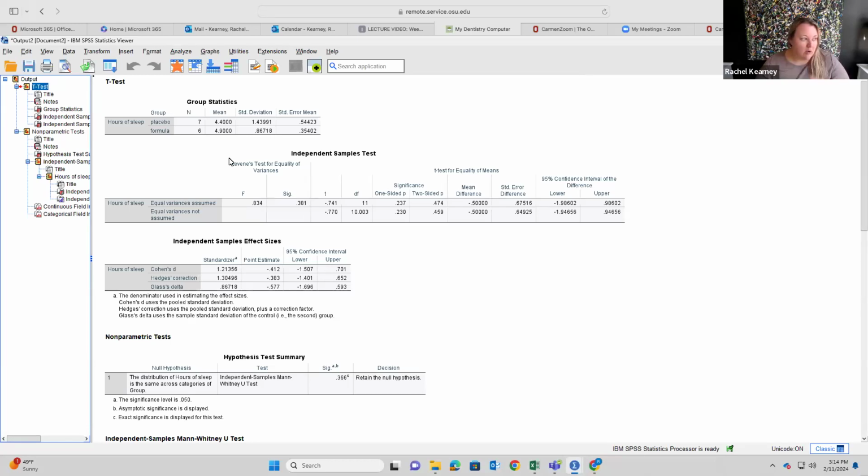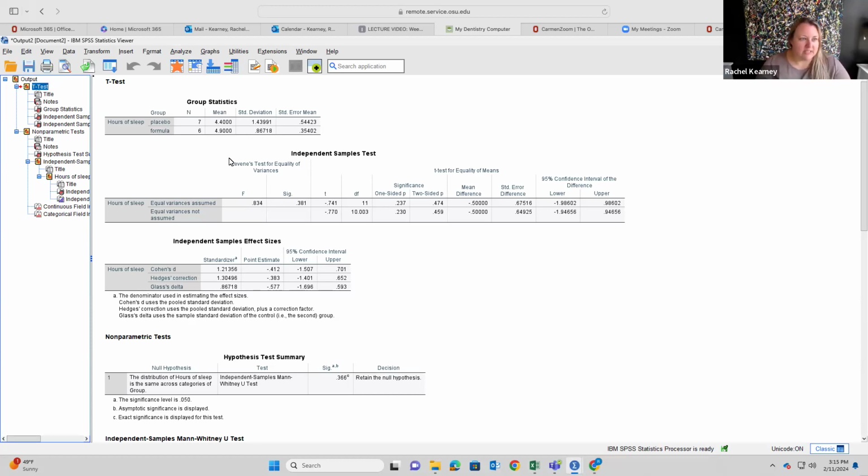And so if you think about what the hypothesis might be that the researchers may have made. This is why a hypothesis, and what we learned about those, is important. A hypothesis for this study might be that those who took the formula sleep longer than those who took the placebo, or get more hours of sleep than those who took the placebo. So